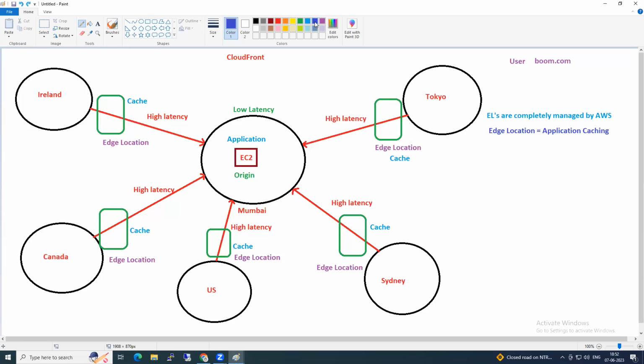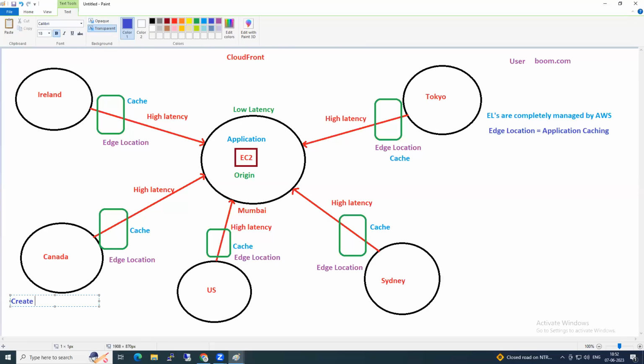Buckets. In EC2, what do you create? Instances. In RDS, what do you create? Databases. Like that, in CloudFront, you create a distribution. Distribution is nothing but all kinds of configurations you need to give.